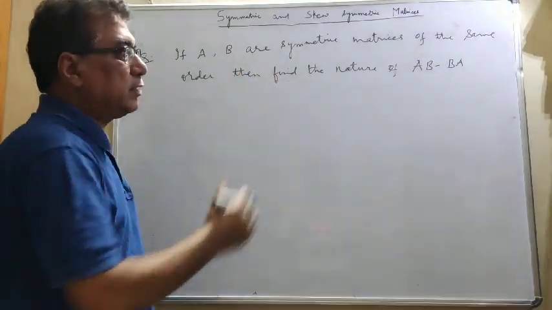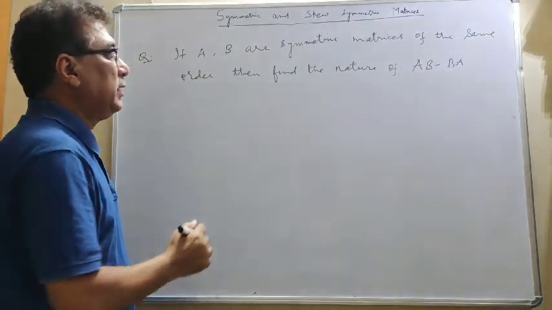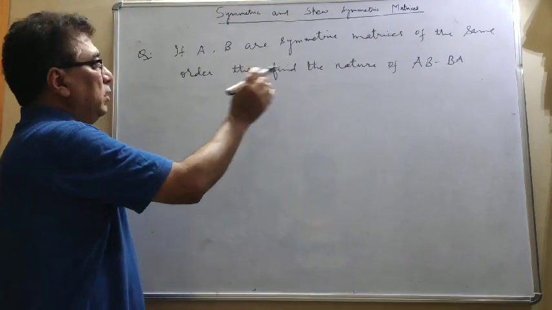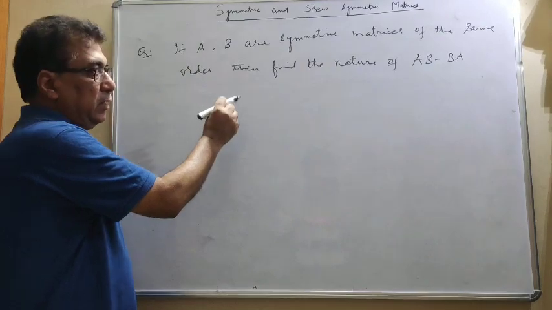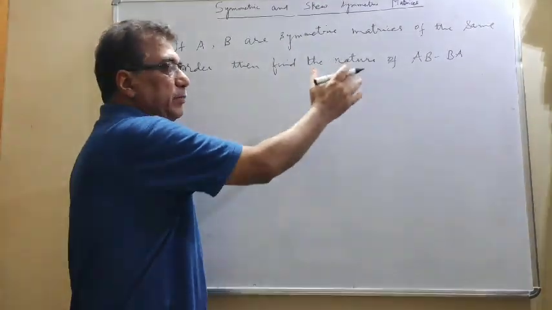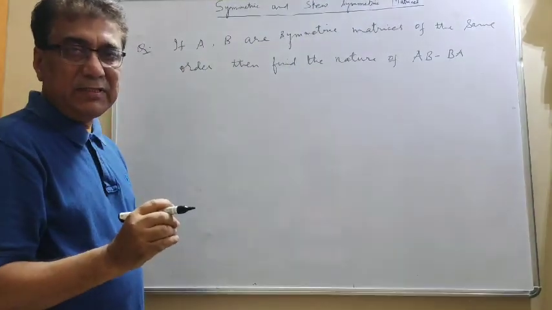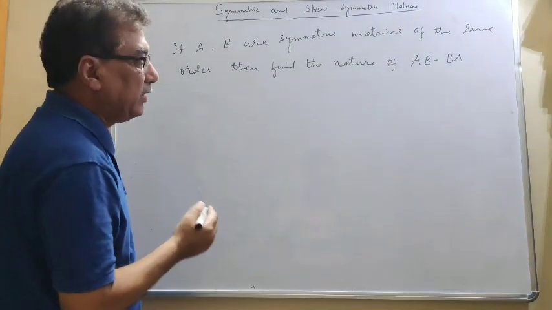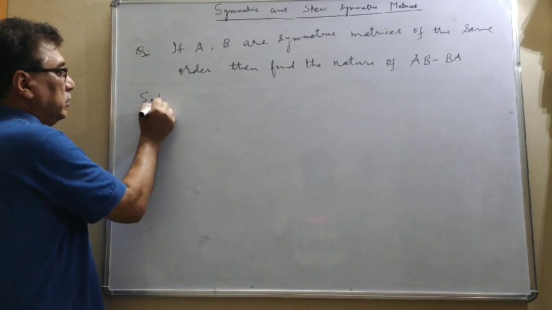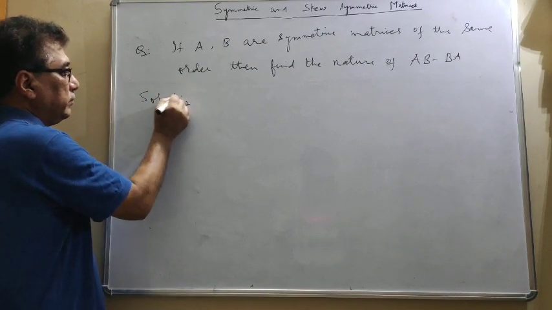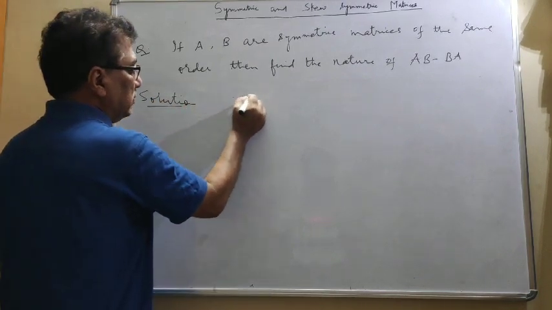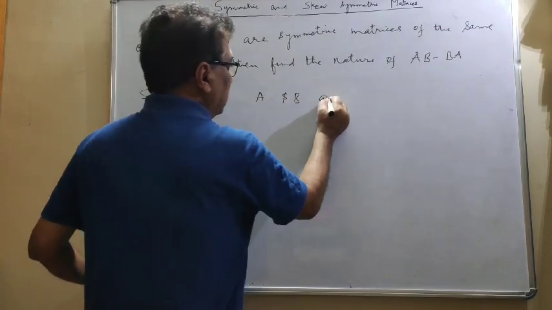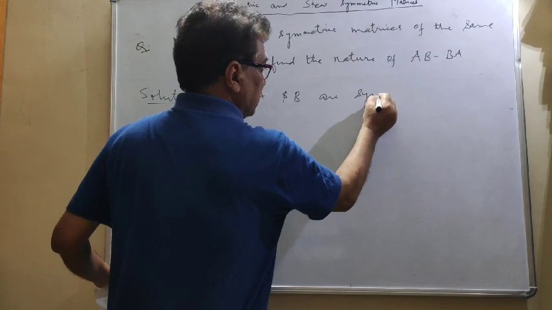Now this is another question given in NCERT: if A and B are symmetric matrices of the same order, then what is the nature of AB minus BA? Nature means whether it is symmetric or skew-symmetric. So let us find it out. Now the solution: since A and B are symmetric matrices,